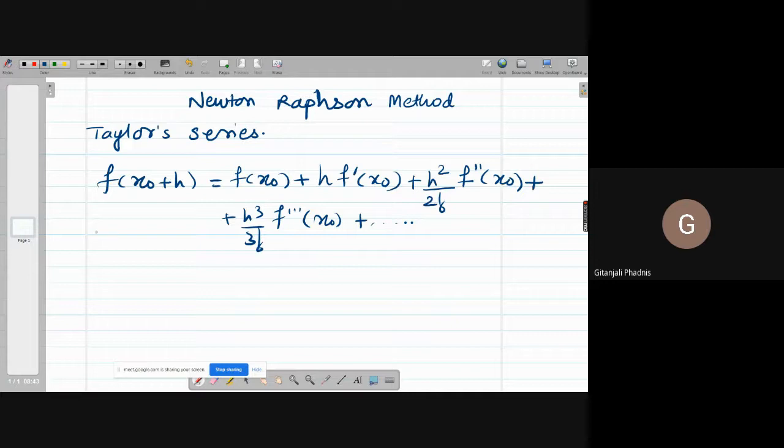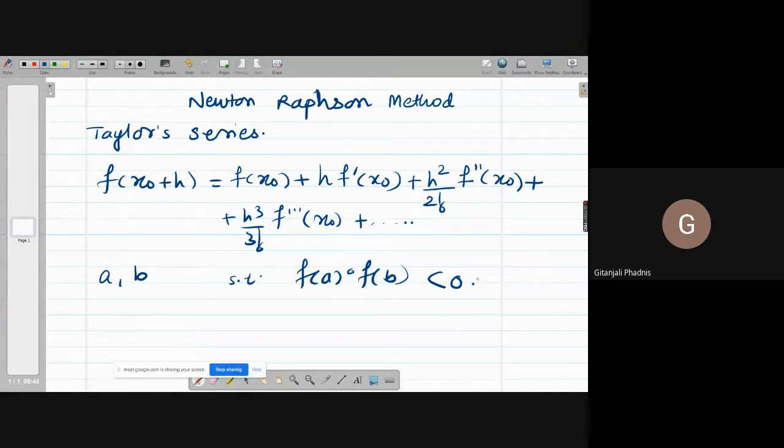See, basically, how different is it from the regula falsi method. In regula falsi, we find two points A and B randomly, or we find two numbers and call them A and B such that f of A and f of B are of opposite signs. Two random numbers we find and call them A and B if they satisfy f(a) times f(b) is less than 0.